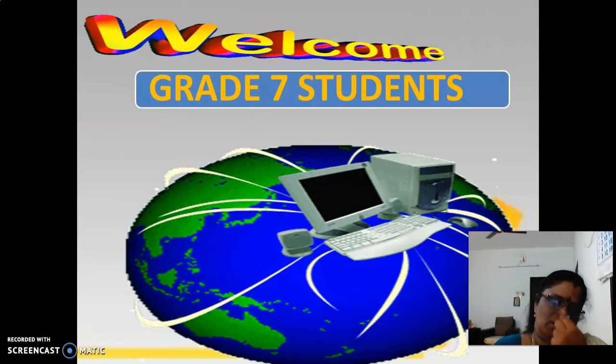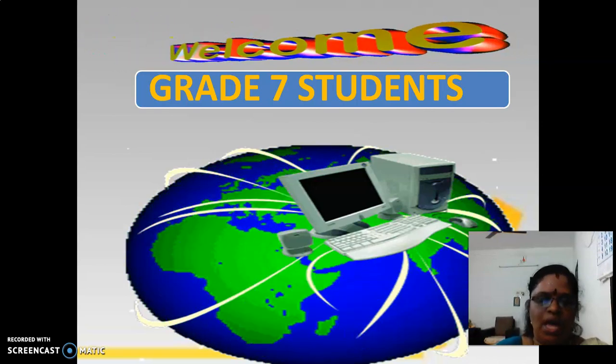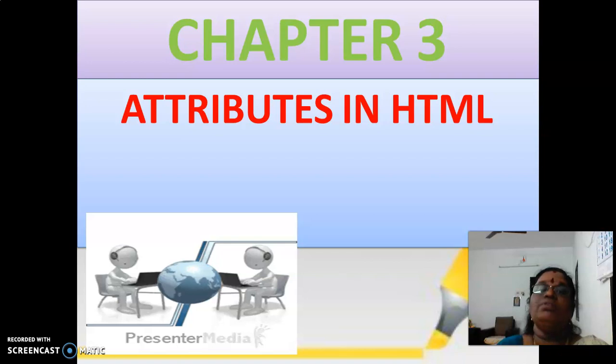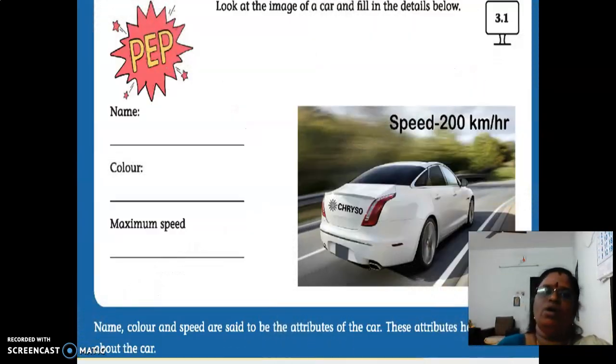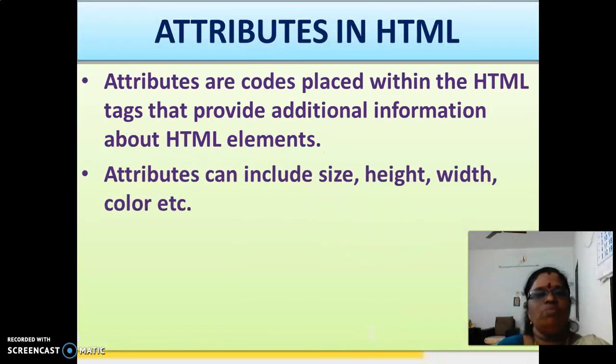Today we are going to see chapter 3 book exercises and answer the following and the project time. Before entering into the chapter 3 book exercises, we'll have a small recap of what we saw in last class. We saw about the attributes in HTML. Attributes are codes placed within the HTML tags that provide additional information.